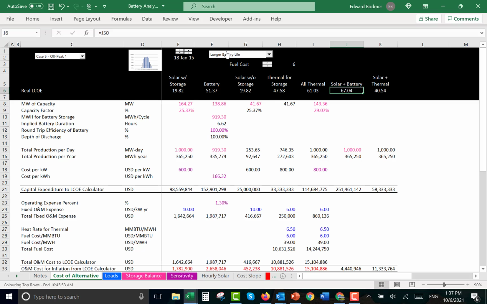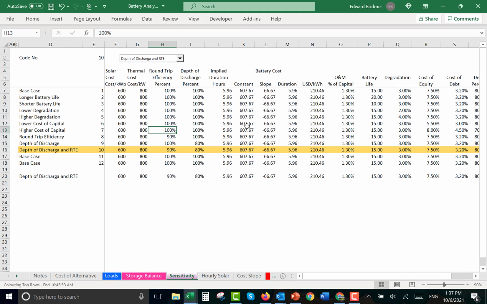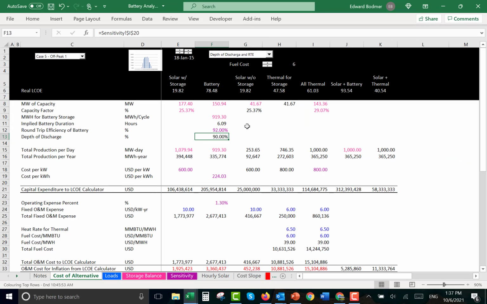So if we put both depth of discharge and the round trip efficiency in here, then this is kind of sad. And maybe let's not be that negative about the depth of discharge. And the good news is we can put all of this in. Let's just put 90% for both. Maybe I'll even give us 92% for the other one. Okay, and then we can look at what if we